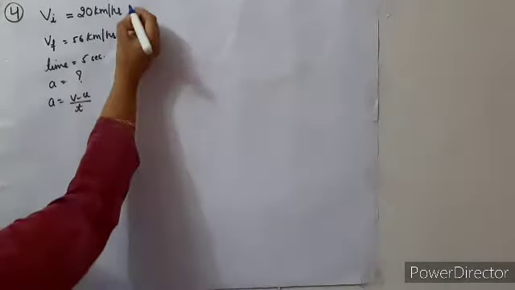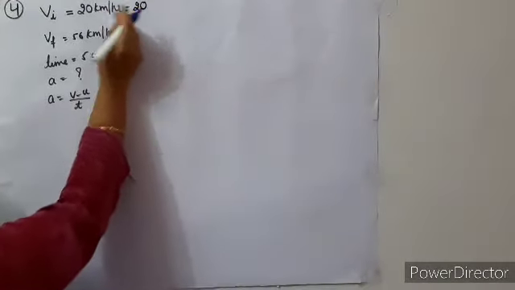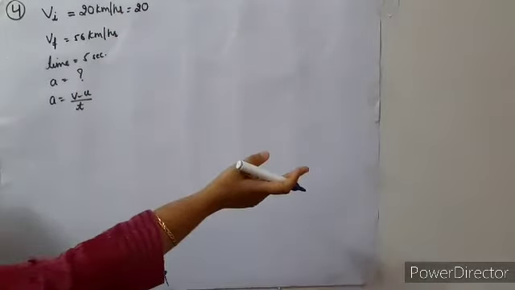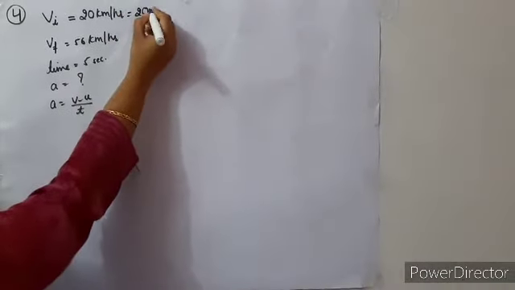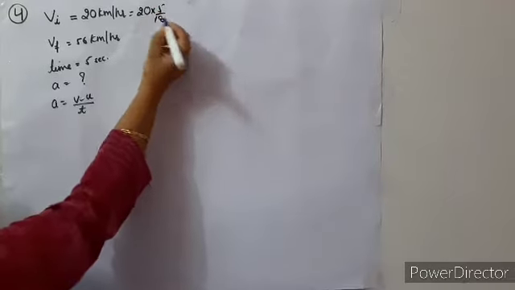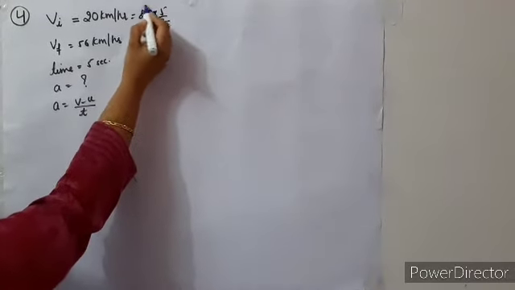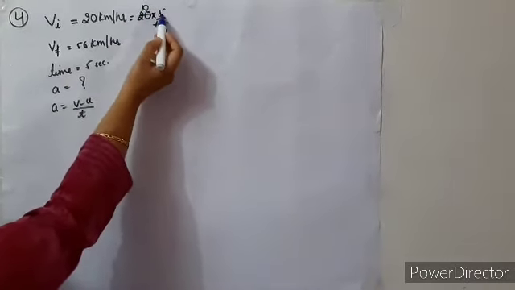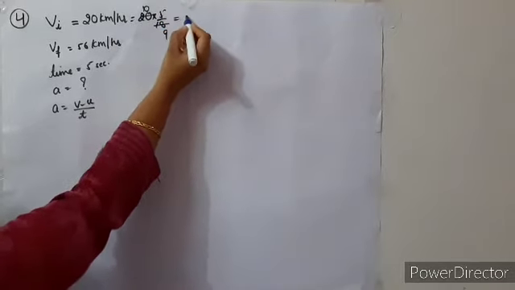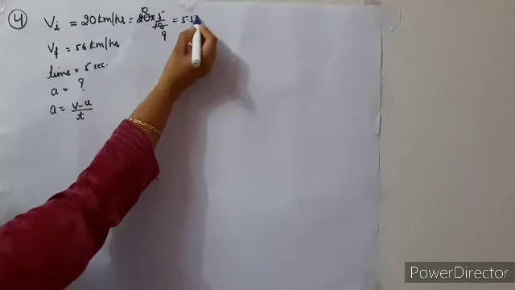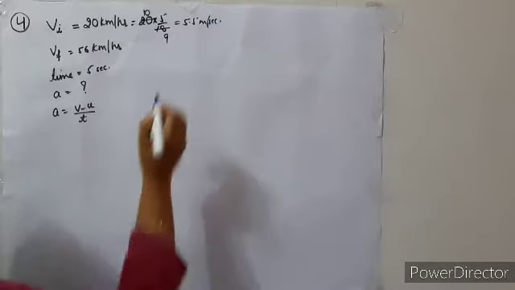So let's convert it. Now you already know how to convert kilometer per hour into meter per second. Directly multiply the term with 5 over 18. So 2 9s are 18, 2 10s are 20, 10 5s are 50 over 9. And when you cancel it out, you get the answer as 5.5 meter per second.